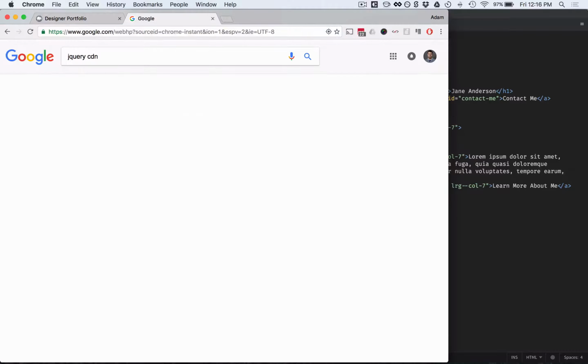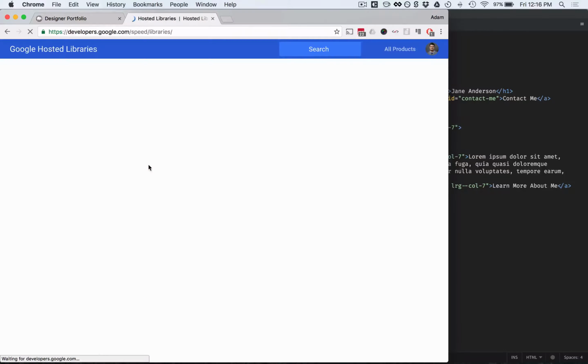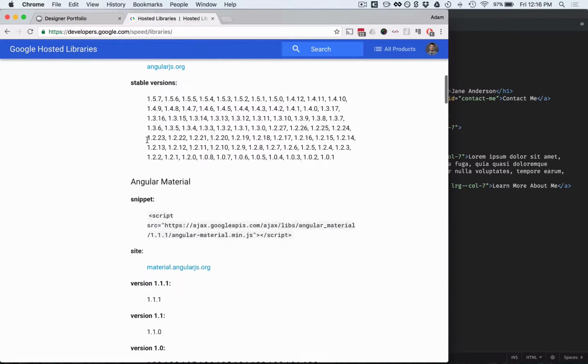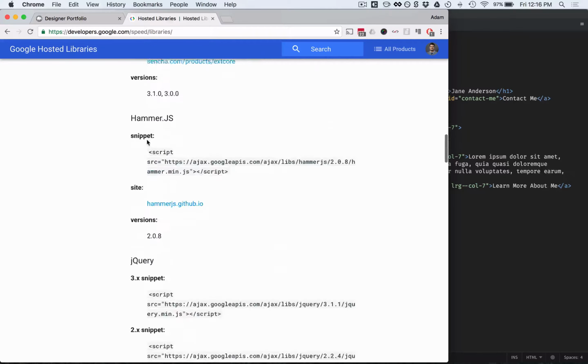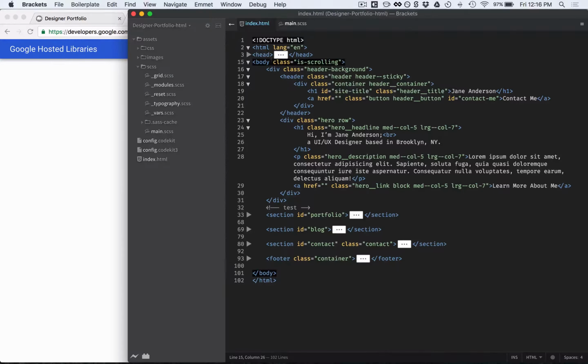Ideally, for an actual project, you'd also want to download jQuery and have a local fallback, not fetching jQuery from somewhere else like Google's speed libraries. But this is a very small project, and for the purpose of this YouTube tutorial, we don't really need to do that. So let's just simply copy this jQuery snippet and go to our head